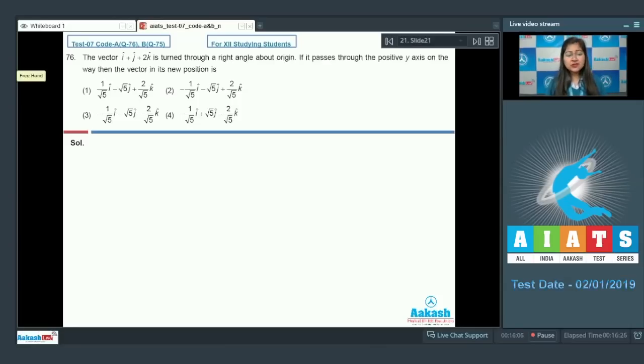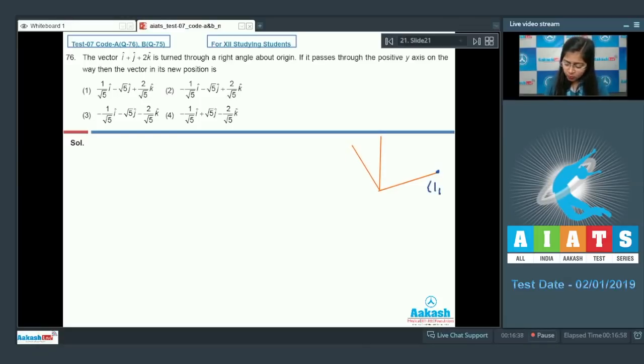Next is question number 76, which says that the vector i cap plus j cap plus 2k cap is turned through a right angle about the origin. If it passes through the positive y-axis on the way, then the vector in its new position is. The tentative diagram is something like this,